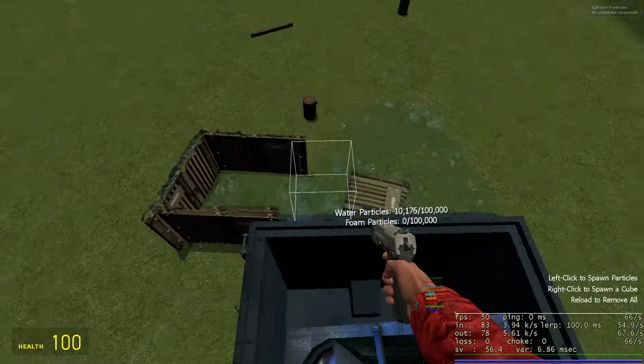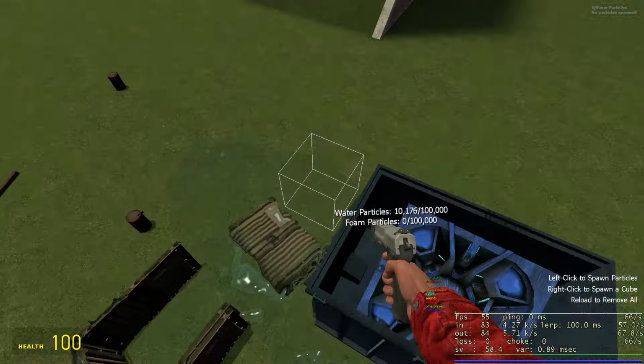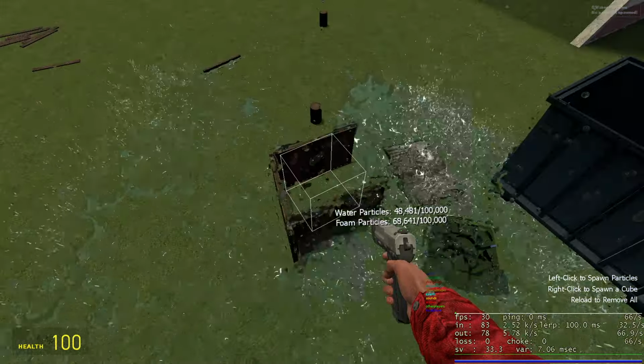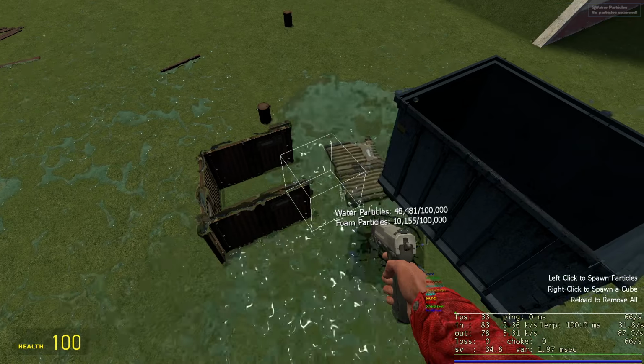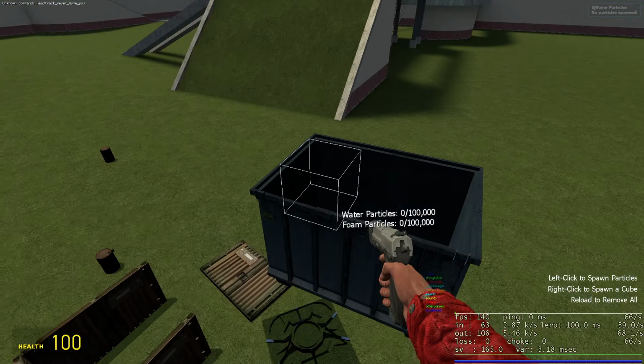So there's the reaction forces for now. I will try my best to improve them over the course of development, but in all honesty, I'm probably not going to spend too much time actually implementing reaction forces properly. Especially considering there's a bunch of bugs, like adhesion, for instance. You get a nice little feedback loop